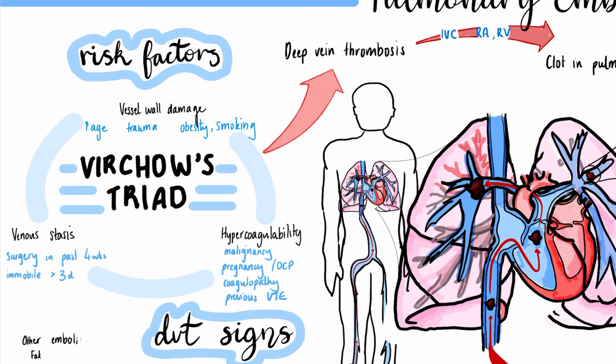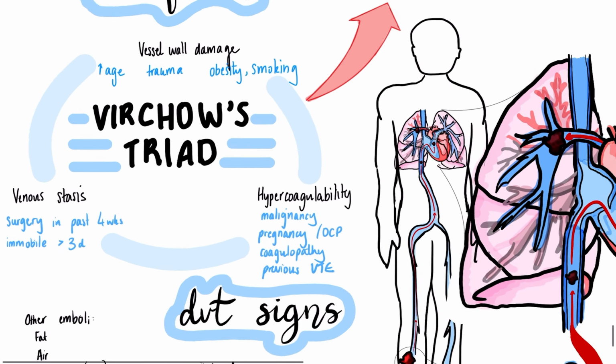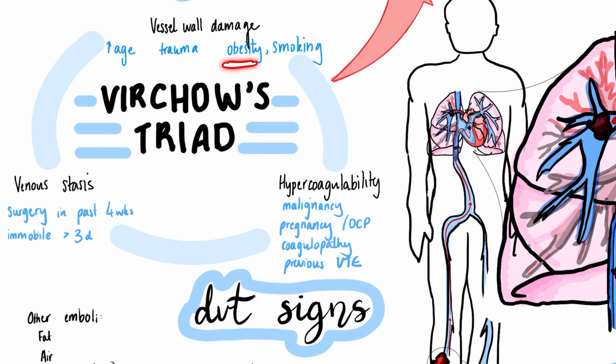Things that contribute to vessel wall damage include age and trauma in the past few weeks. Say if you'd broken a bone and your vessels had been ruptured, that healing process, as well as the damage to the vessel wall, predisposes you towards emboli. In addition, obesity and smoking contribute to vessel wall damage as well. Obesity, due to the higher levels of LDLs and cholesterol, and smoking, due to the general inflammation that it causes, as well as the immunosuppression.